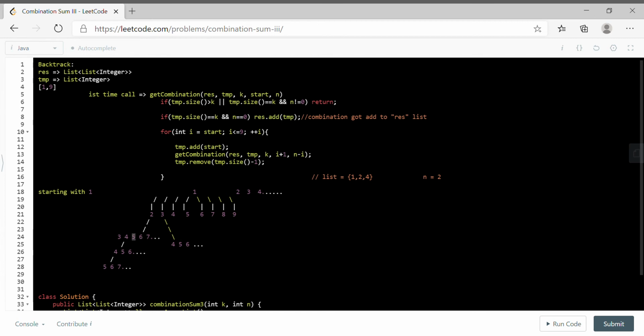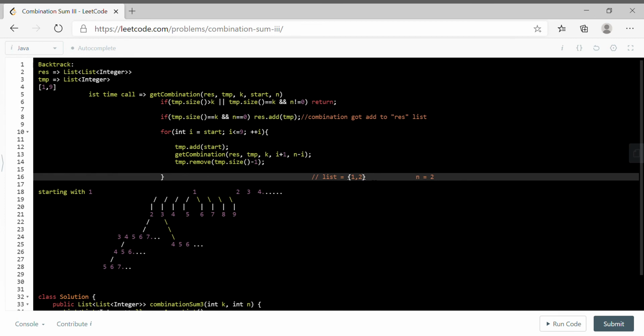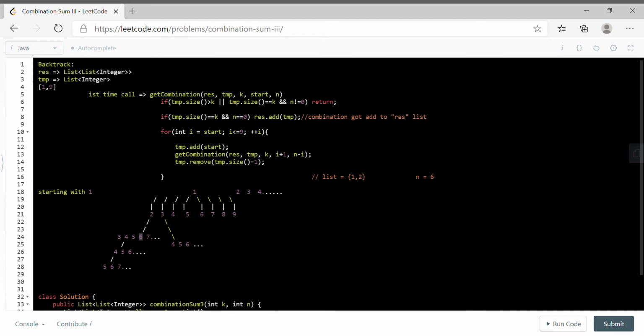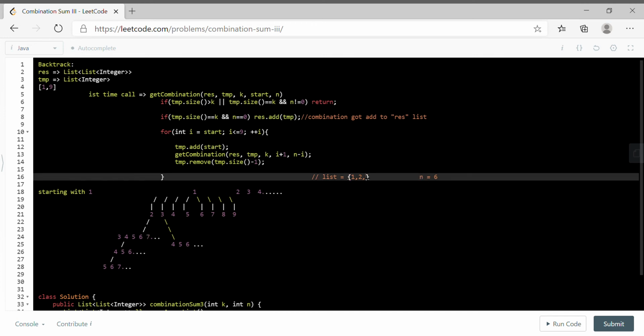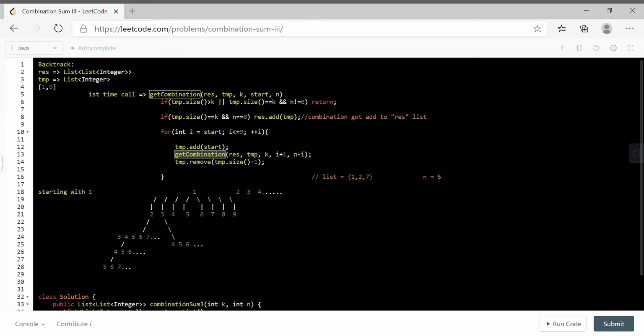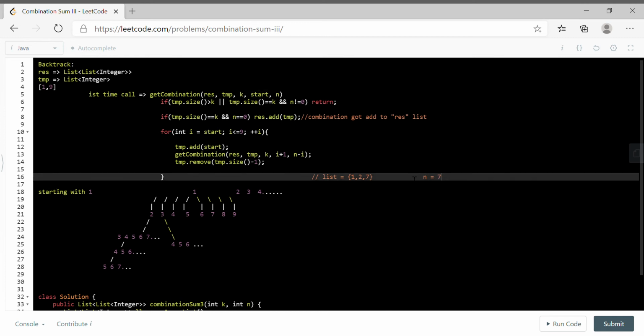Now we come 5. Same scenario will be for 5, right? Will come back, right? Now we'll move to the 6. Same thing will happen for the 6. When we come, because we are using a for loop, when we come at I is equal to 7, we'll add it here, right? We add it here. We call get combination, that is here it will be 8. Sorry, it was 7 because 2 plus 1 3 minus 9 7.